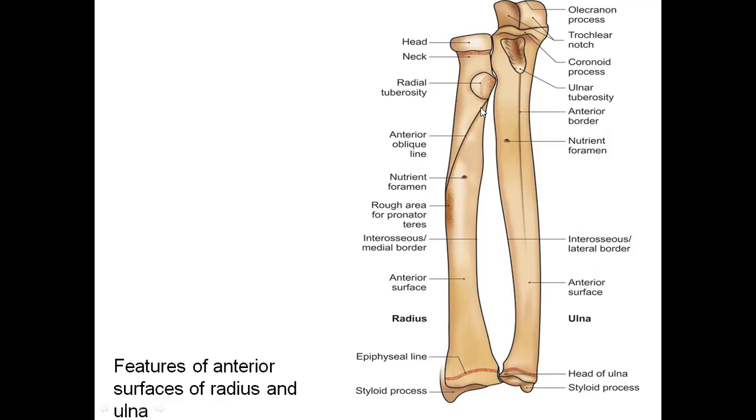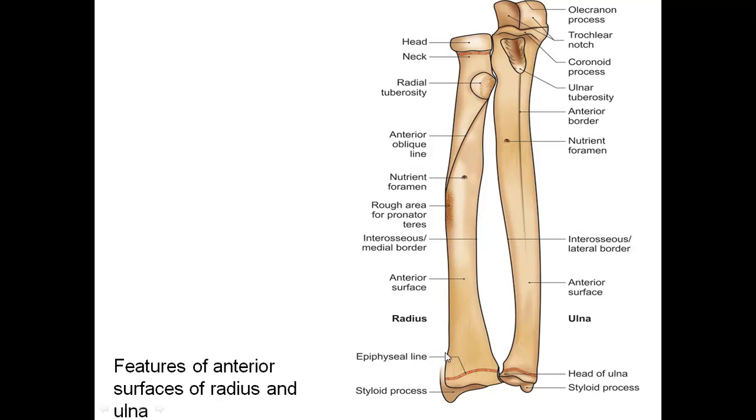Then if you observe, there is one oblique line in its anterior aspect, and of course this is the anterior surface of the radius. And then you are finding there is an opening here. You call it the nutrient foramen, for the passage of the nutrient artery. Always the bones will have some prominences and roughened surfaces for the attachment of certain muscles, and here in the mid shaft of the radius we are finding there is a bony elevation for the attachment of pronator teres. We will elaborate everything.